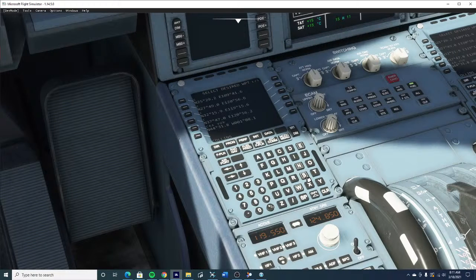Alright, Collins. Doesn't look like we have one. I'm not really sure what I'm doing here with the FMC. But either way,